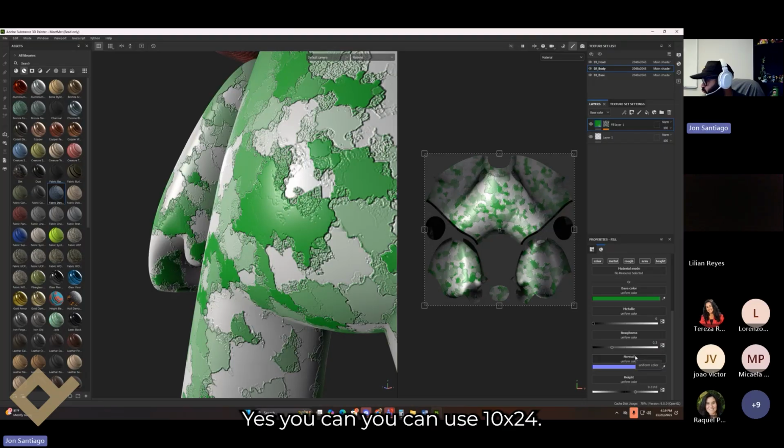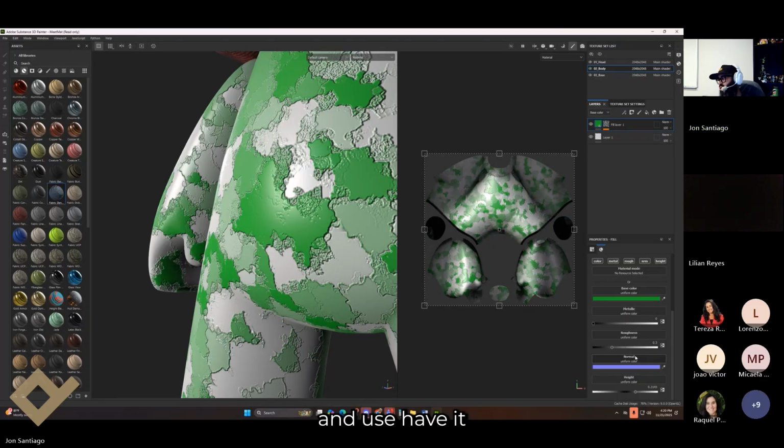Yes, you can use 1024. So 4K is a bit too much for memory reasons. Yes, you're right, I usually only use this kind of level for commercials, or for toy presentations, because I'm taking a still image. I'm using 4K for just this purpose alone, just to show you it. So I do appreciate that, Lorenzo. But yes, normally in my games, 2K textures are probably the max I usually hit, or we'll use 4K, but we'll optimize it